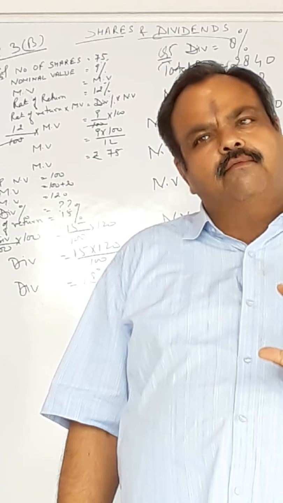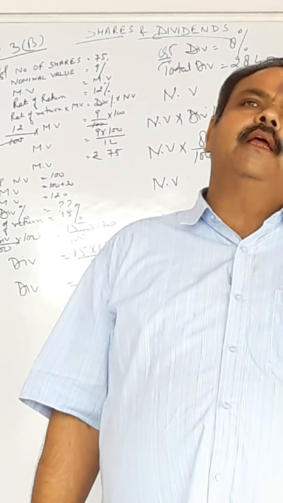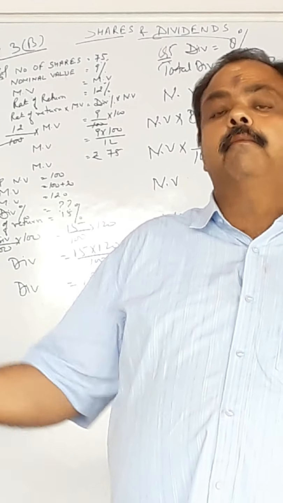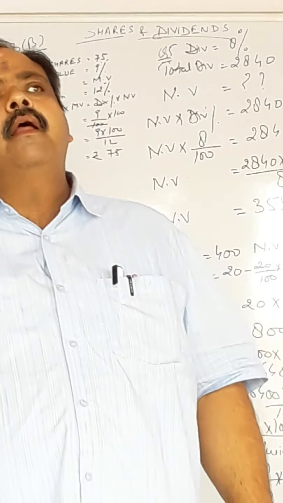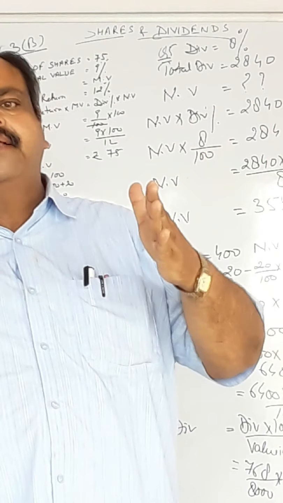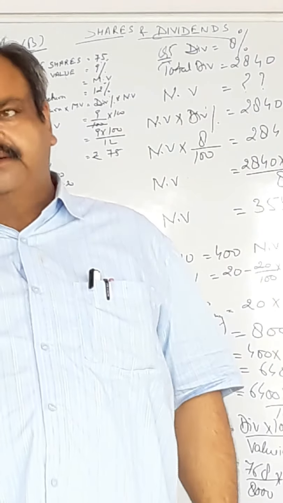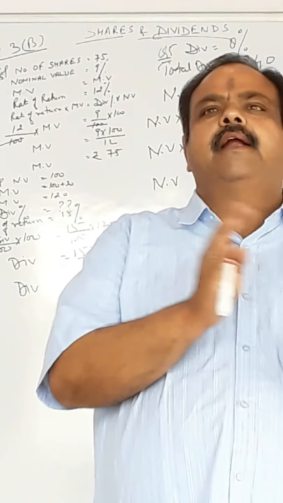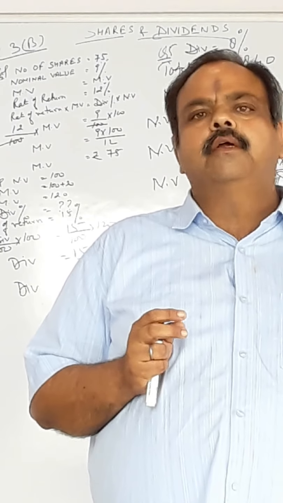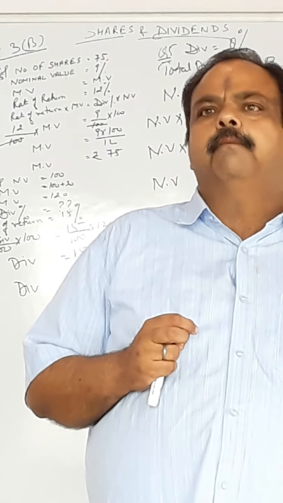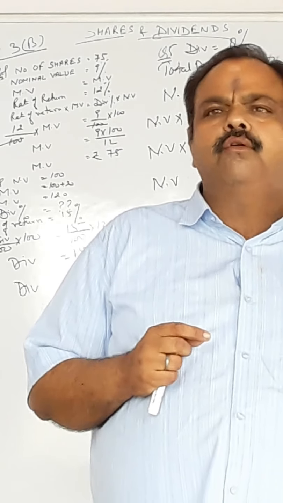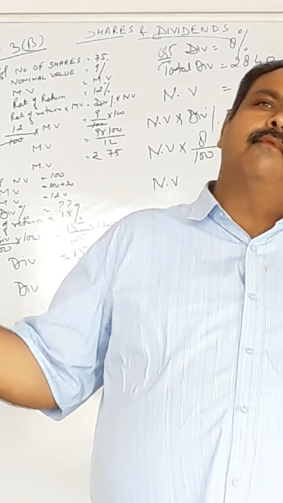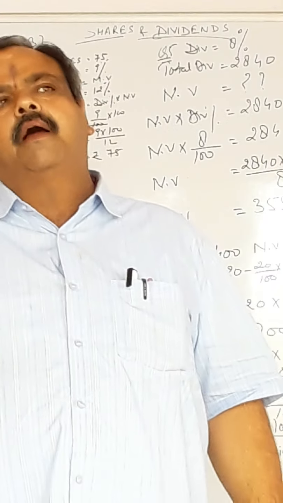When we keep the shares for 1 year, after 1 year the company gives the profit, that is called the dividend. And the rate of return is when we are buying a share from the market, and on the investment we have made to buy those shares, that is called the rate of return. So they are two different forms. Don't get confused with the dividend and rate of return. Both are given in percentage, but dividend is given by the company, either the share is at discount or at premium, no problem. And rate of return is when we are buying the shares from the market.